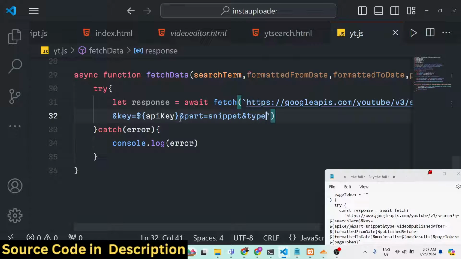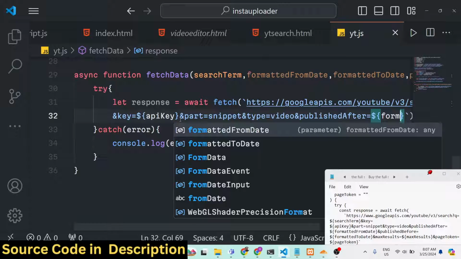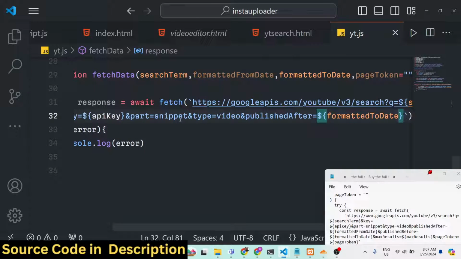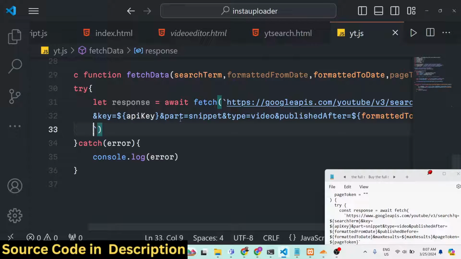And then type, what we are searching. We are searching video, so we will provide here video. And then there is this property published after. So published after, here we will put this formatted to date, and we will also have this max results property as well. So how many maximum results you need. We will use this variable that we defined, max results,